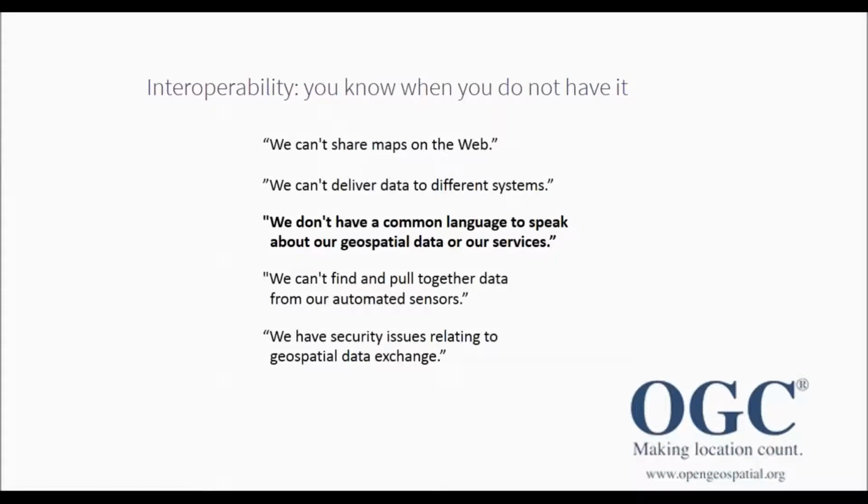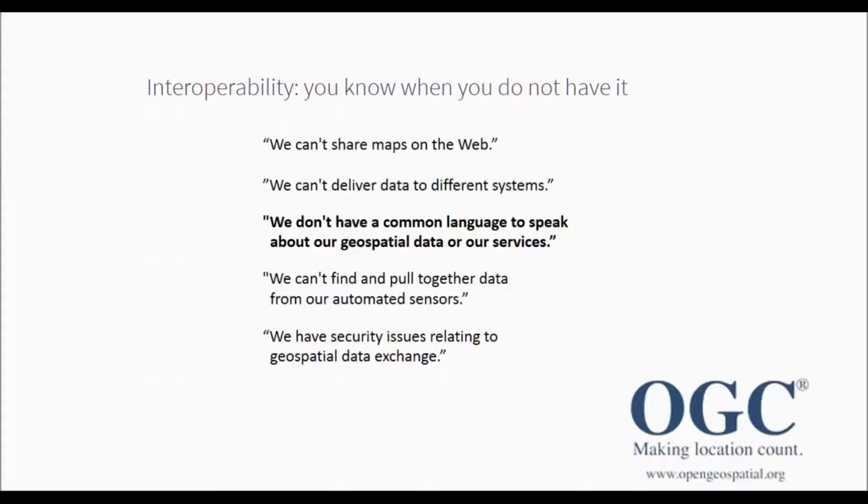So, data sharing and interoperability. Interoperability is really a key thing. It's important for making data available and utilizing data, getting more value from data in a country environment, in a city environment. And I should note that Ordnance Survey is a strategic member of the Open Geospatial Consortium, whose mission is really to make interoperability for geospatial data happen.